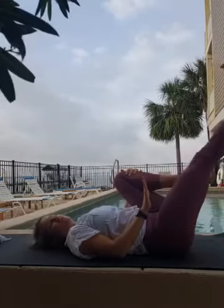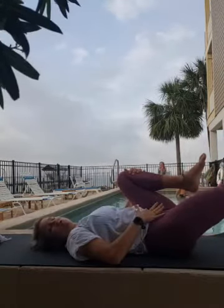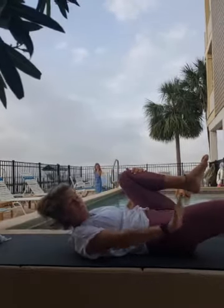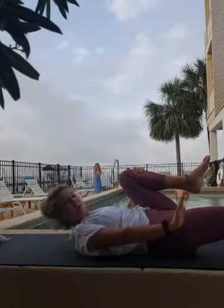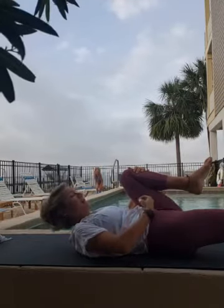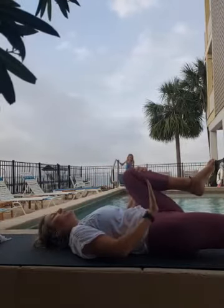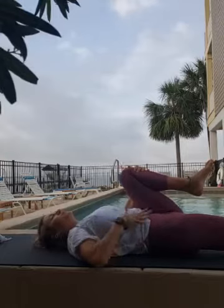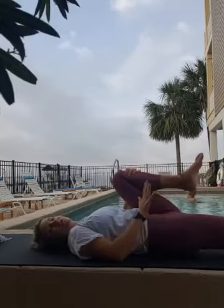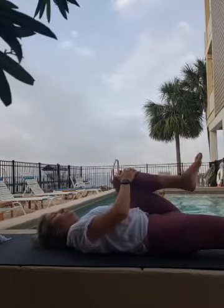So see if you can light a little fire in the lower belly to allow that leg to lower down. You can't see my leg in frame now, but it's hovering here. So let it hover above the ground and just see if you can engage that core, that belly. Nice little fire here, feeling your inner strength. And then gently release that foot down to the ground. So what we want to do is work on keeping this left leg fairly engaged here. While we draw the right knee up, we can find some organic movement, maybe rolling the knee from side to